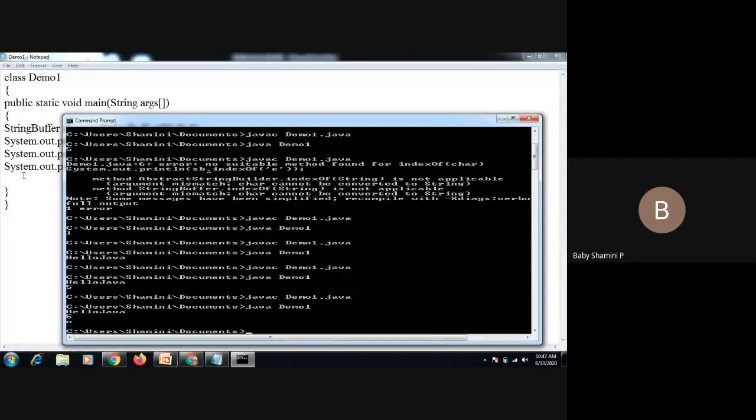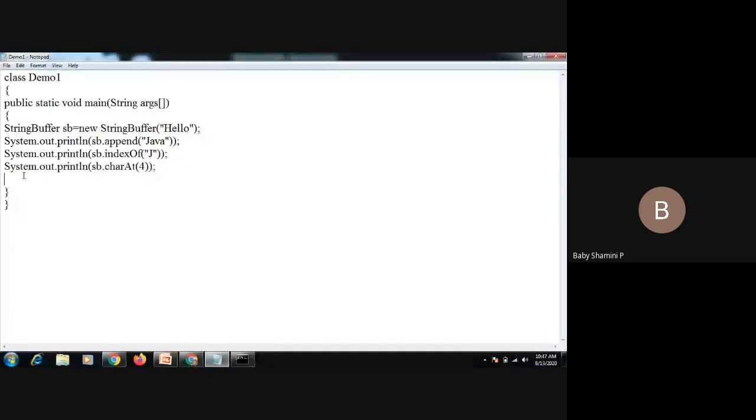Next we have the function insert. If you want to insert some characters into the existing string, we go for insert, that is sb.insert. We need to give an index position where we have to insert a value. So 4, 2.